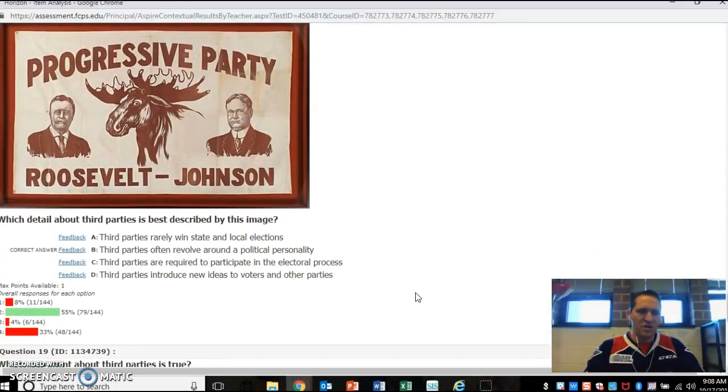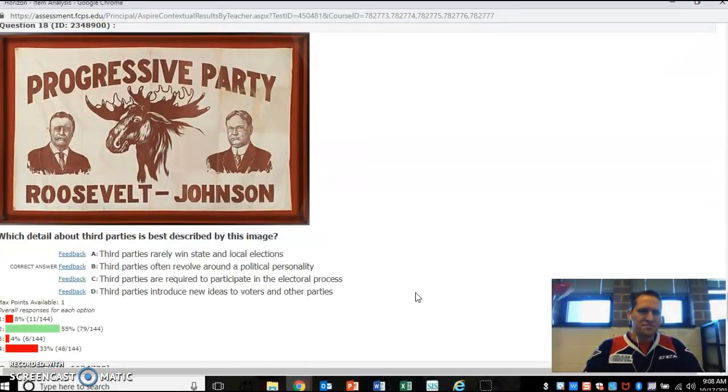All right, 17 was pretty good, 94%. 18 was a little bit of a struggle. So let's look at number 18 here. D is true, but D has nothing to do with this image. It says, what is best described by this image? Theodore Roosevelt, right here. Teddy Roosevelt is a political personality. He was one of the ones mentioned in our foldable, and he was mentioned in our program learning. He ran as part of the Progressive Party in 1912 when he went for re-election. He did not win, right? He drew votes away from his Republican Party, actually, leading to the win by Woodrow Wilson. But this is centered around a political personality.